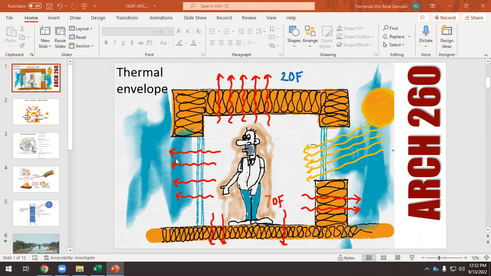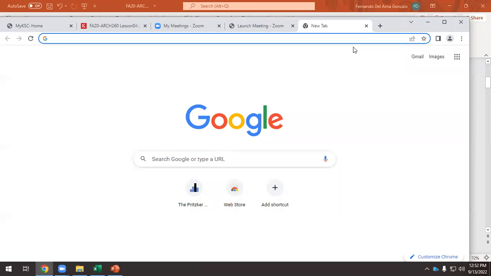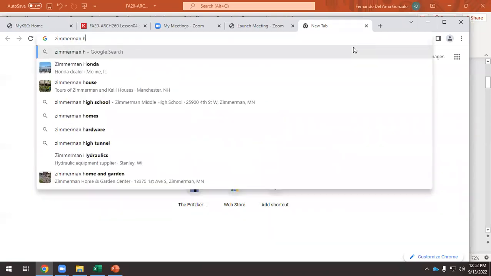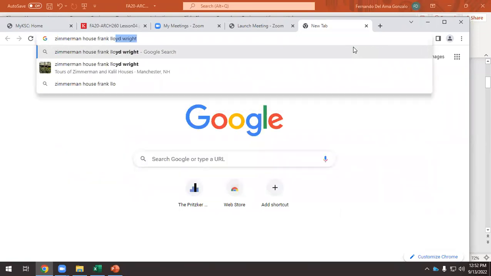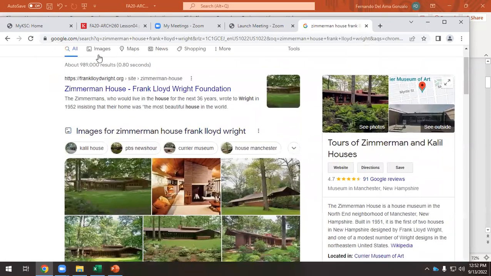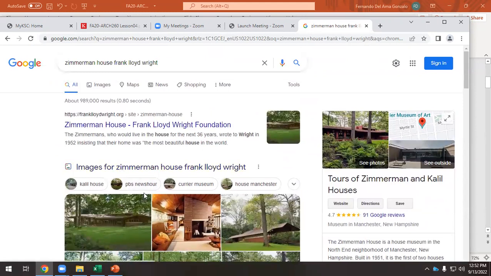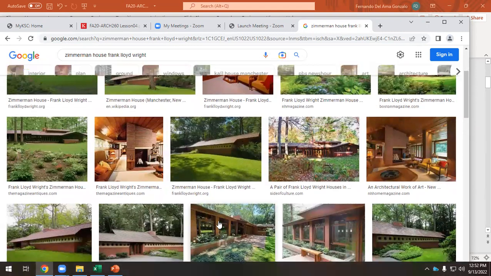Orientation matters. And we have to look at the masters. I always recommend my students go to see the Zimmermann house by Frank Lloyd Wright. Okay, it's in Manchester, New Hampshire. So again, you don't have to go too far to understand what good architecture is in this country, in this area of the world. So the Zimmermann house makes the most of the